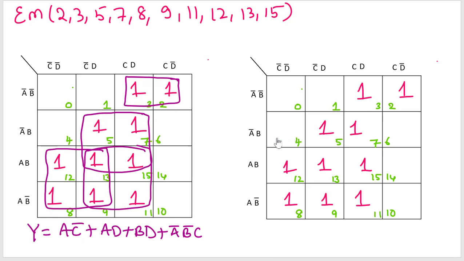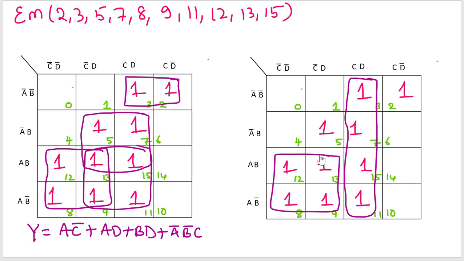Now we'll try to form a different kind of quads by using another K-map. So instead of forming these 4 ones as a quad, now this 4 ones as a quad. Now we're going to form these 4 ones as a quad. Again these 4 ones as a quad, and these 4 ones as a quad, and these 2 ones as a pair. Now if you look at here, we slightly change one quad. Instead of taking this 4 as one quad, I'm taking these 4 as one quad.